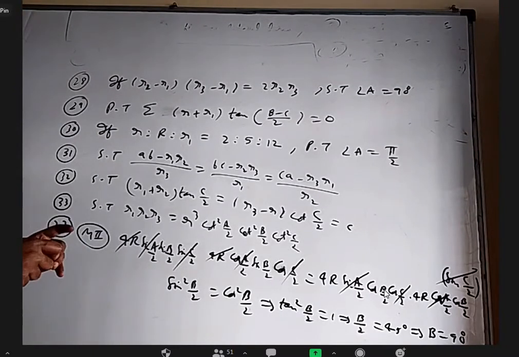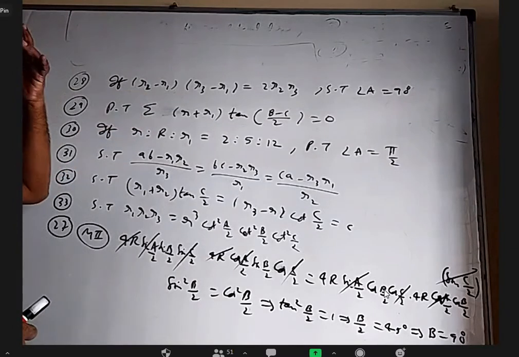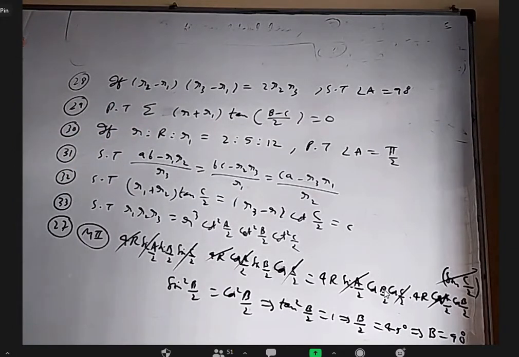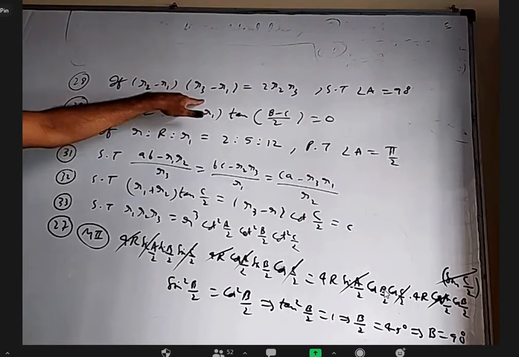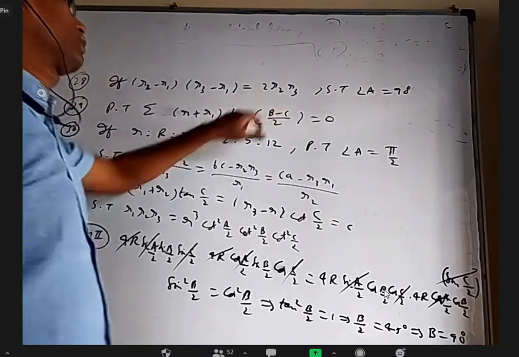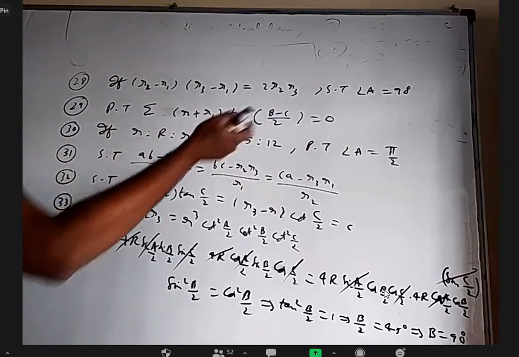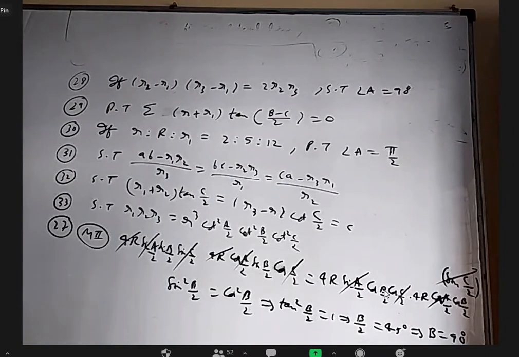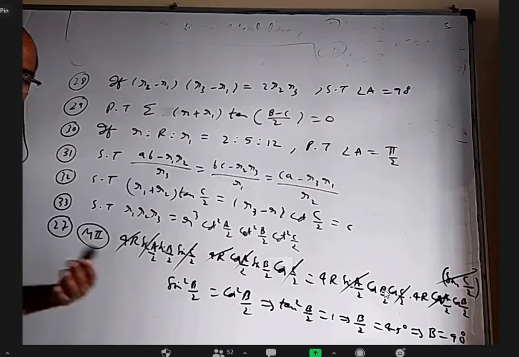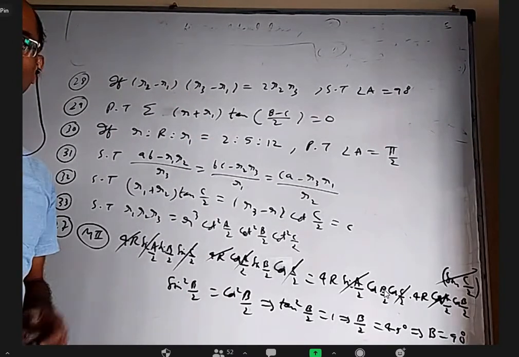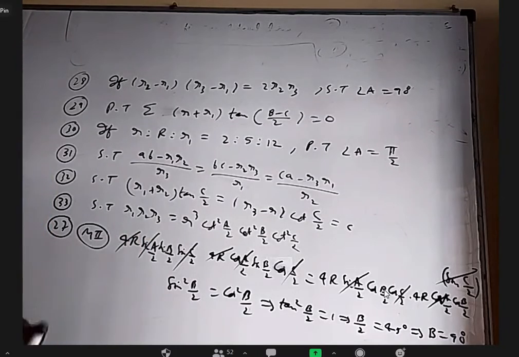Yes, sir. Okay. So I'm not sure whether we can use it. Something will come, but whether it is useful or not, I'm not sure. Here I'll get cos C by 2 common, and here I'll get cos A by 2 common. So they can be cancelled here, cos C by 2 and cos A by 2 still. Sir, I think the result I'm getting is not useful. Okay, somebody tried with 4 Kepler and there is nothing wrong. At the end of all that, scratch the whole thing and understand it's not so useful. Sometimes it's good so that you'll remember and you will never try that method again.